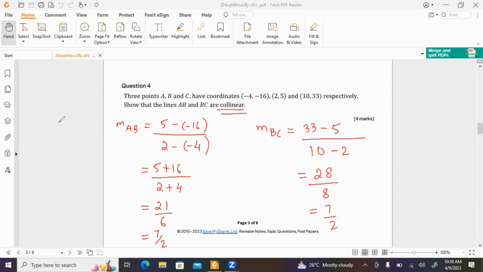The term collinear basically means that all these points that are being talked about in this line, they lie on the same line. So this is A and this is B and this is C. All these three are collinear because since they lie on the same line, they share the same gradient. So gradients are equal for AB and